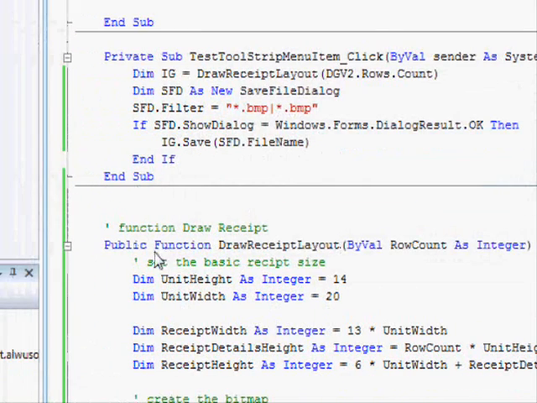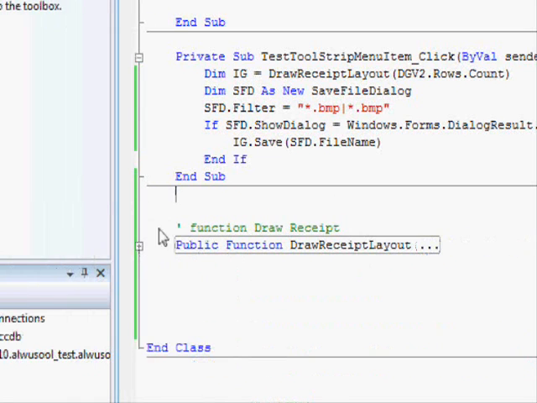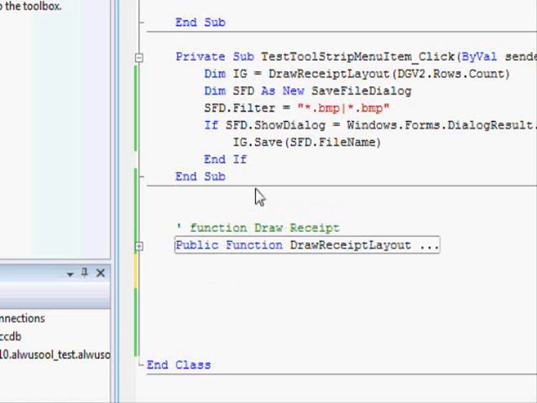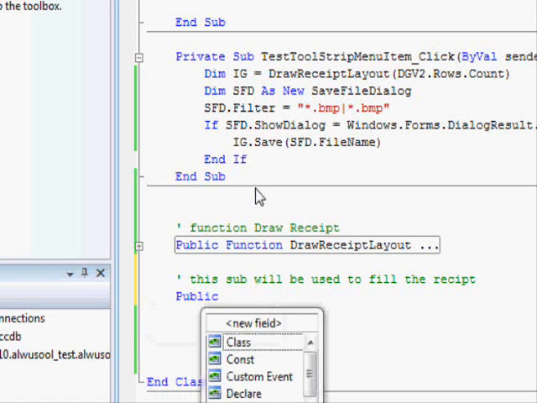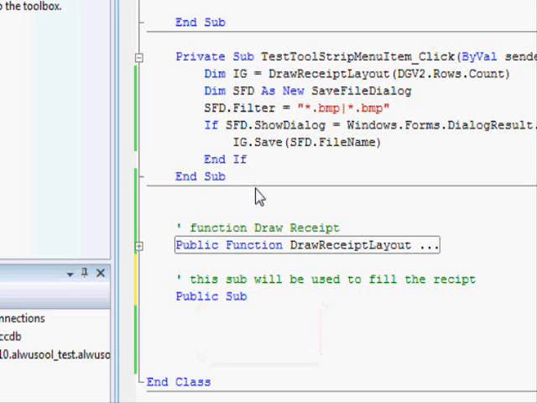Okay, so this is the first part. The second part we're gonna work on is filling the receipt. This function will be used to fill the receipt. You can make it a procedure or a subroutine. I'm gonna make it a subroutine. Okay, so public sub fill